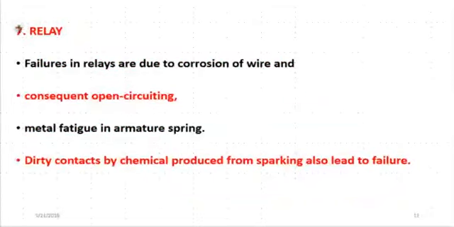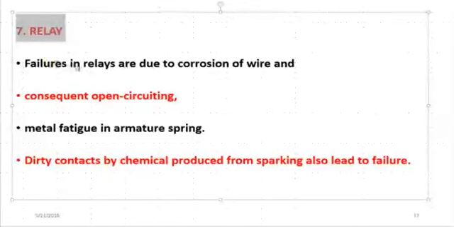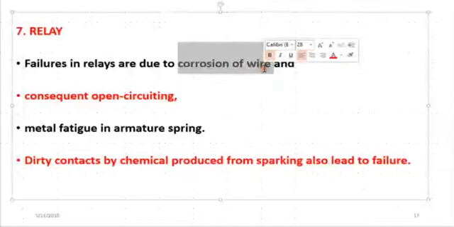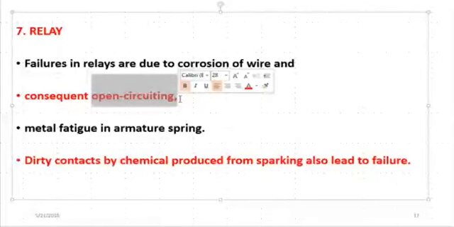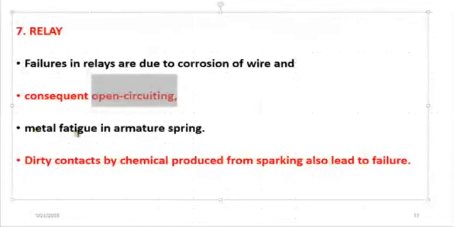The item number 7 is the relay. And the failures that happen in the relay are due to corrosion of the wire. That is rusting of the wire. And if there is corrosion, we expect open circuiting because the contacts will break. And also the metal fatigue in the armature spring. That's the spring that attracts and releases the relay. When it experiences a problem of fatigue, that is, it is no longer working as a spring, that is a